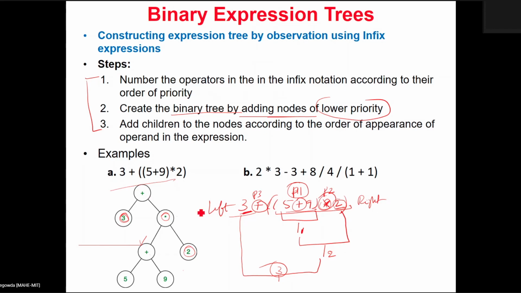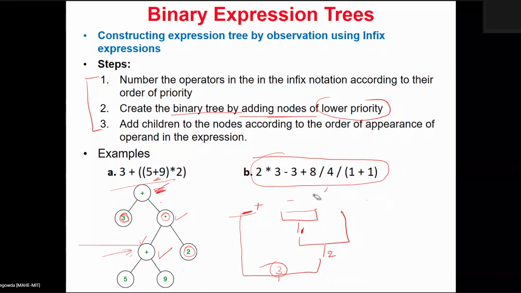If you look at this, this plus is going to have the lowest priority. It will be carried out last, whereas the addition at the bottom will be carried out first. It is at the lower level in the binary expression tree, so it has the highest priority and will be evaluated first. After that multiplication will be carried out, and finally the addition. Similarly, take this one as an example and write the binary expression tree through observation for this infix notation. Could you draw the binary expression tree for this second one?